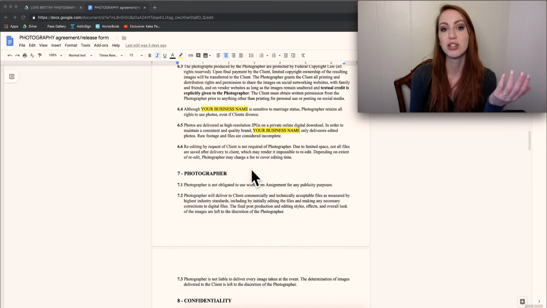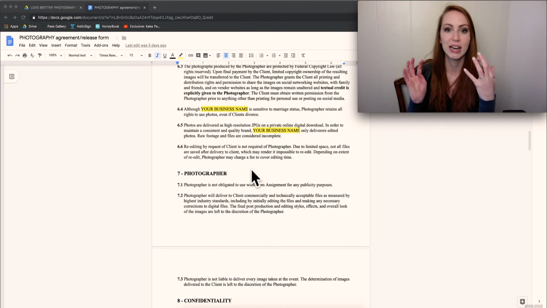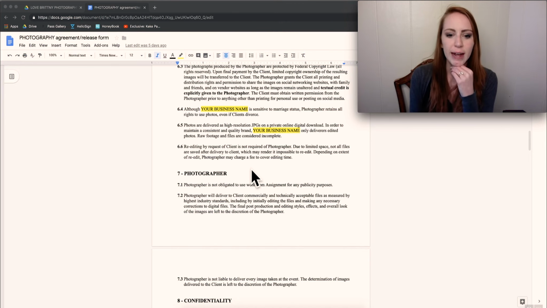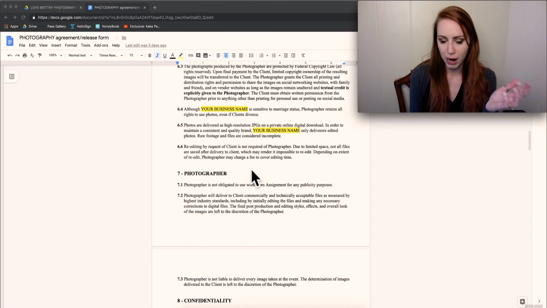And then she asked me to go in and re-edit and go into Photoshop and rebuild and paint in her shirt and all of this stuff, which I could have done, but it would have taken many, many hours. And it was busy season, so that means I wouldn't have had time with my family. I would have had to be working extra hours, so I needed to get paid for that. So that's the kind of case where I would put a re-edit fee on,